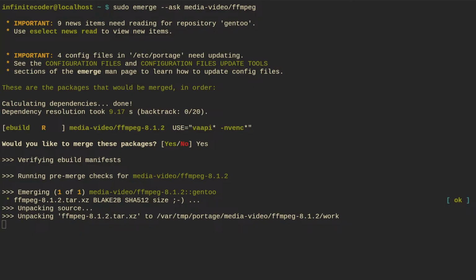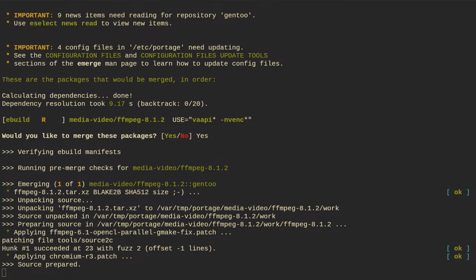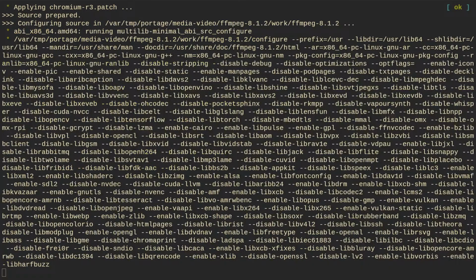Video output, ultra fast, apply. Oh look, it's still at 18 frames per second. Audio AAC, video bitrate 4000. I mean, it's 20 FPS, right? So what is happening? Oh, the configure script is running.